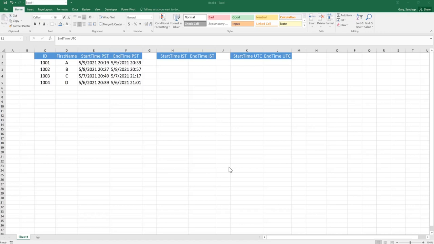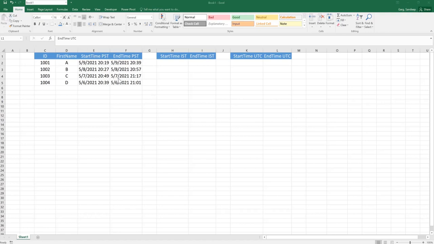How's everybody doing? In today's session, we're going to learn how we can get a different or required time zone in Excel as well as via SQL code from any other given time zone. For example, if you've got any date time in PST time zone and want to convert that time to a local time zone or any other required time zone. So let's start first with Excel, then we're going to perform the same action in SQL code.